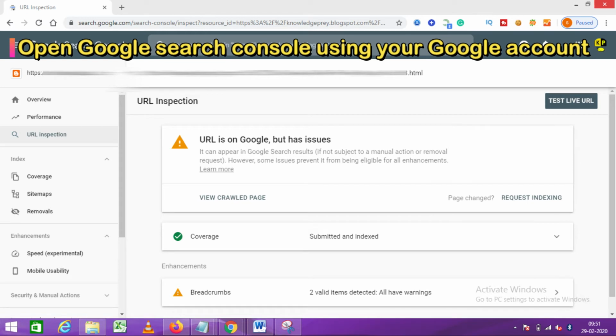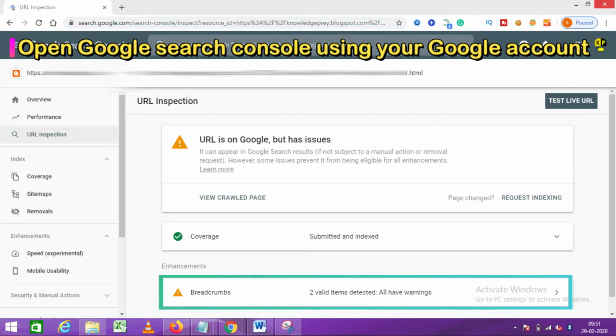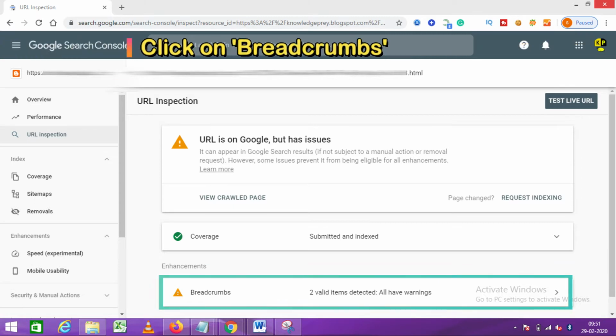So first of all, open Google Search Console using your Google account or Gmail ID. Now here in URL inspection, you can see a breadcrumbs with two valid items detected which have warnings.